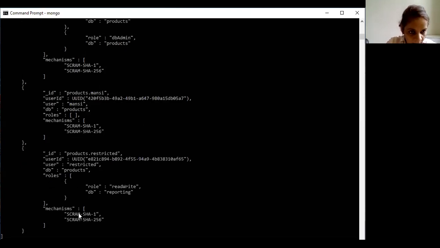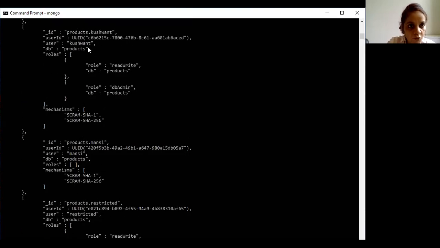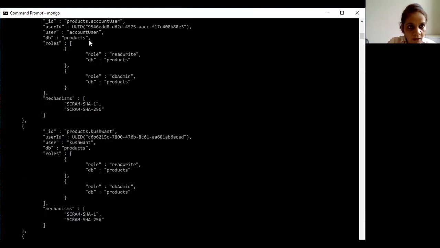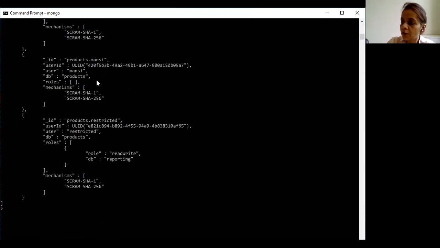Now see how many users are there. Restricted is there, Mansi is there, Kushwant is there, account user is there, but KK is not present. This has been removed. So which was the command? db.dropUser. In the brackets, what will we specify? We'll specify the name of the user whom we want to drop from the database. So this is about dropping the users.